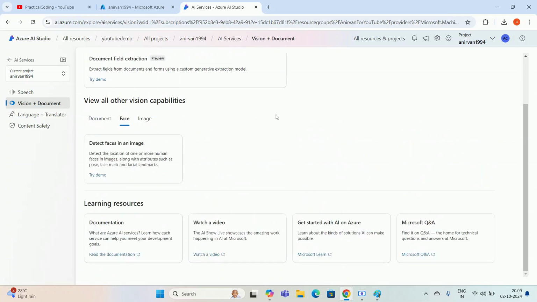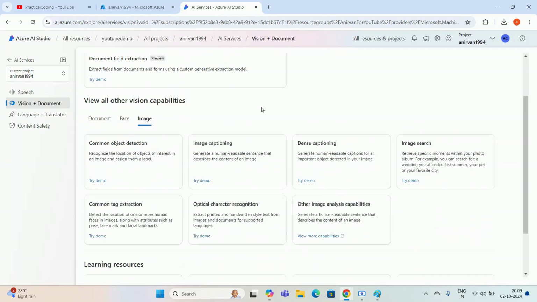And face services, as I told, it can detect any celebrity or any particular person's face. Okay, so if we are training a particular model, you can detect the face of a particular person, so that comes under the face vision model. And image, I have already described in the Hugging Face tutorial, it can detect objects based on our training. And image captioning, it can give a caption for the image. In the Hugging Face tutorial, I have one video I can remember, where I selected a model from Hugging Face, and that model wrote a one-line description of that particular image. So that also comes under image vision services.